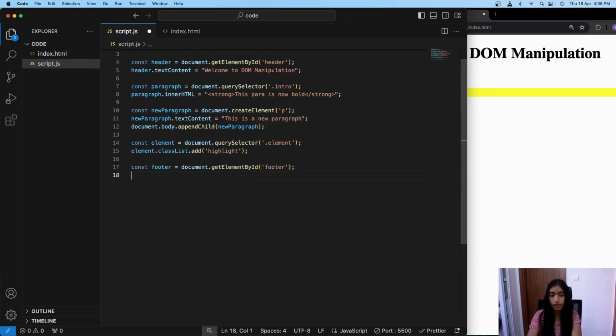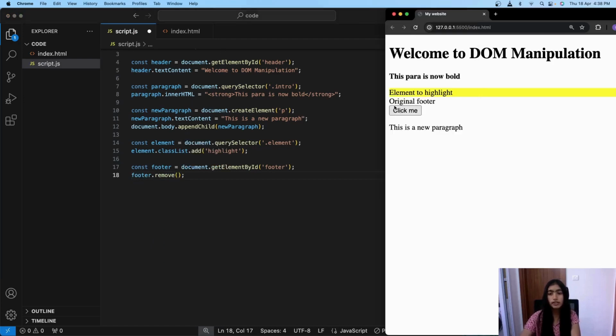Now you've selected it. Now we just have to write footer.remove. That's it. Once we save it, the footer is gone. It's vanished because we used remove. So that's another method of the DOM. So what's left? Now this button is the only thing left here. So let's make this button usable. Let's say you want to click this button and have a pop-up appear that says you have pressed the button. For a pop-up, obviously we use the alert function.